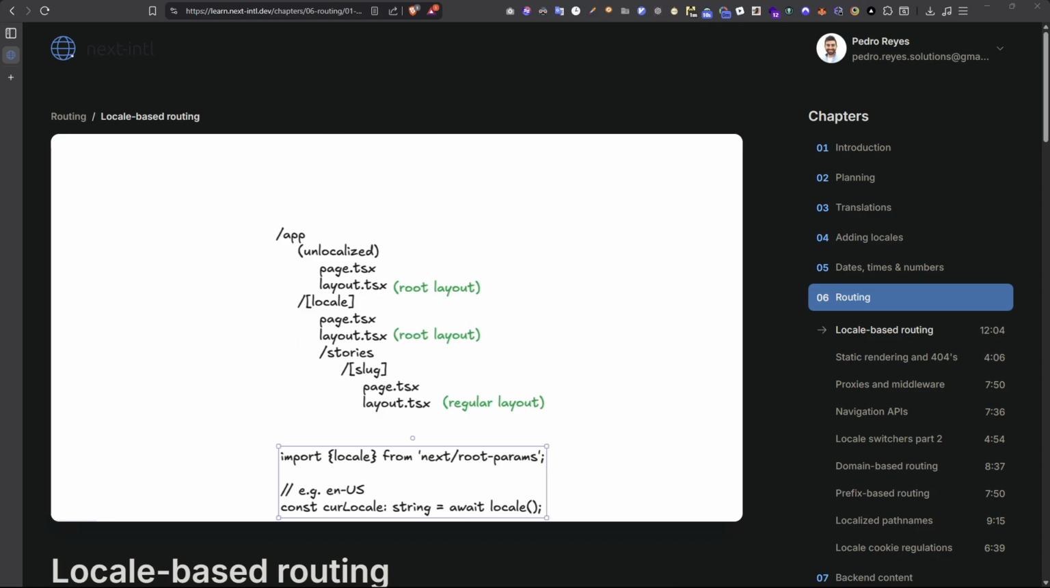But what happens in case we use next root params, for example on the home page? In this case, since there is no locale segment present, this means our locale is now typed as string or undefined, depending on where it's called from. So there's probably not much use in calling next root params on the home page. But if you consider that you might have shared code, like for example a getLocale function,